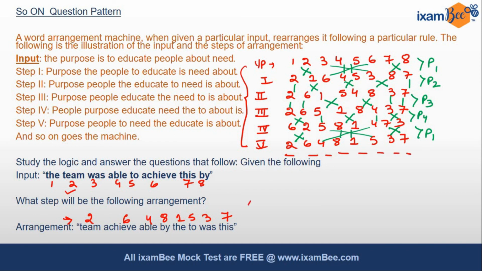So if you see our last step, that is step 5, would be here the same as the given arrangement, which follows pattern number 1. So which step will be the following arrangement? We see this will be our 5th step. So you see how easy it is to answer all these kind of questions based on the input output topic. The only time taking part is to arrange the pattern and know how it is being repeated.